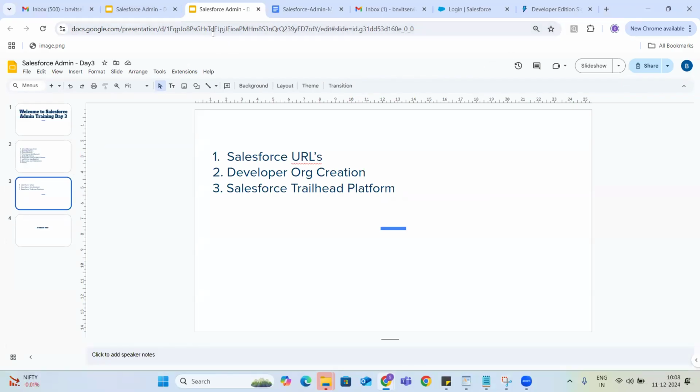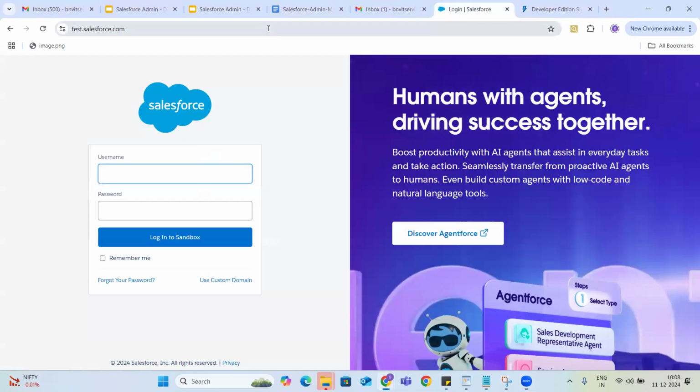The same way, we have Salesforce URLs also. That URL is nothing but login.salesforce.com. Okay, so this is the URL.